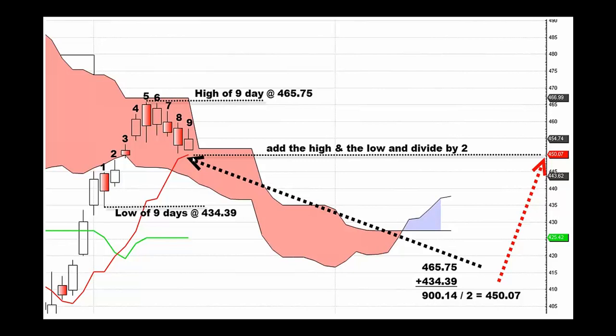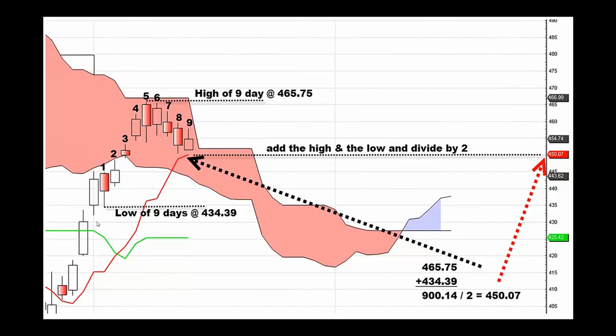We're going to take the price action. We're going to count 9 bars. We're going to locate the low plus the high. You're going to add those two together, basic math, and divide by 2. Now, you don't have to do any of this. Every platform out there does it for you. Okay? So it's super simple. And it's going to tell you that little red line in the hash mark over here is 450.07, which is the same math if you do it manually the hard way, right?